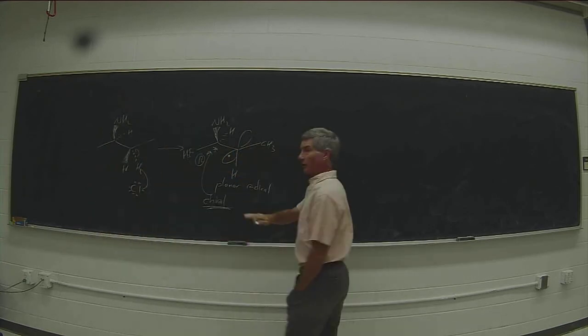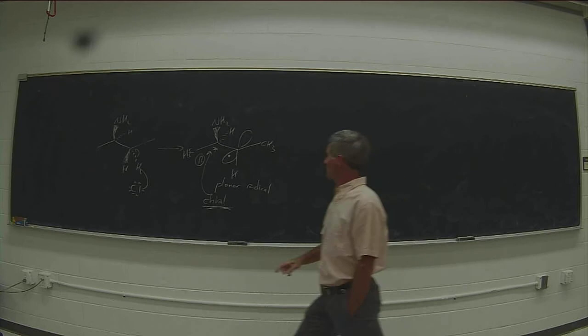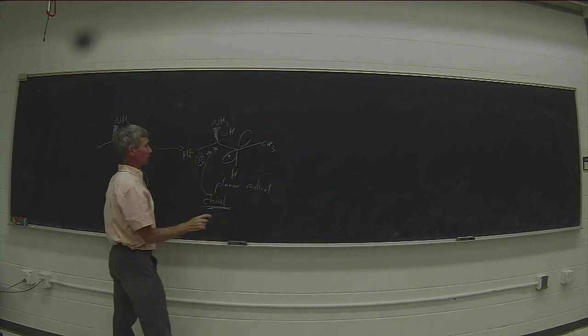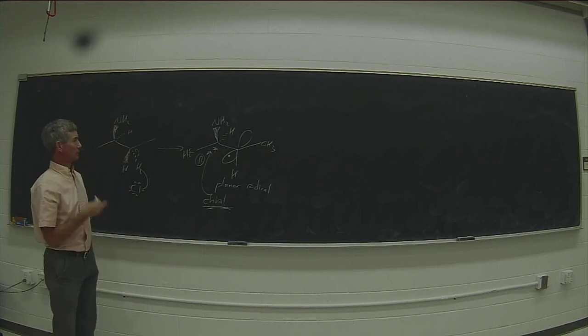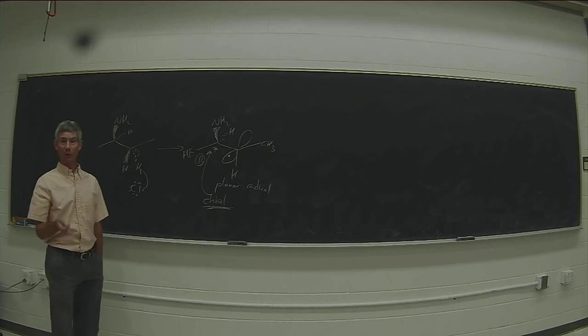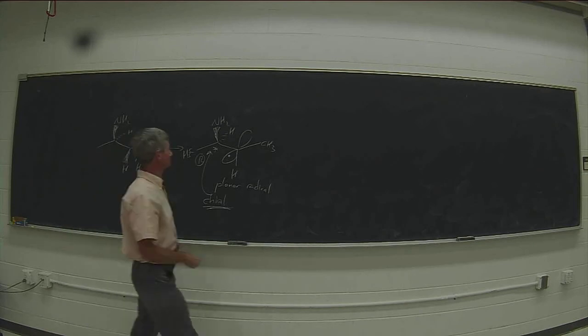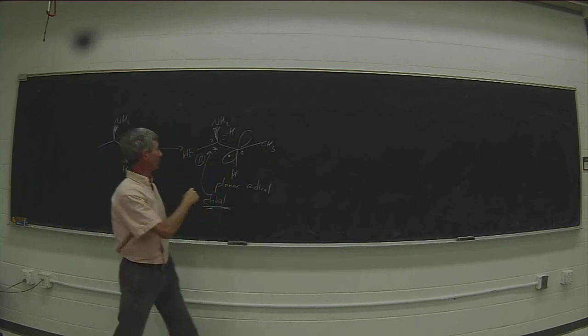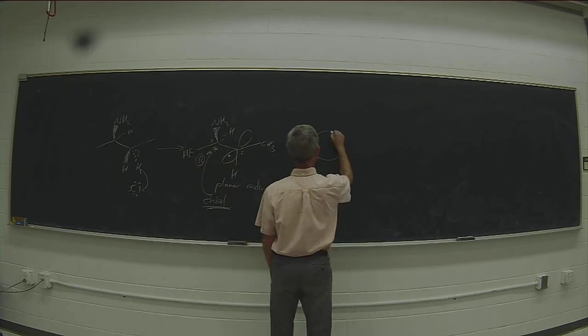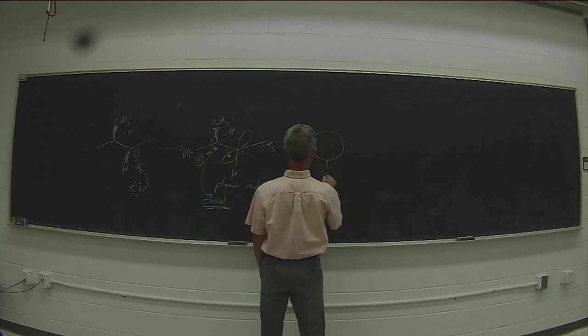So again, we want to look at the Newman projection. And now we want to look at the Newman projection from this carbon to that carbon, because practically speaking, it's better to have our p orbital on the front carbon. So I'm now going to look from carbon 3 to carbon 2, which means the CH3 is down,